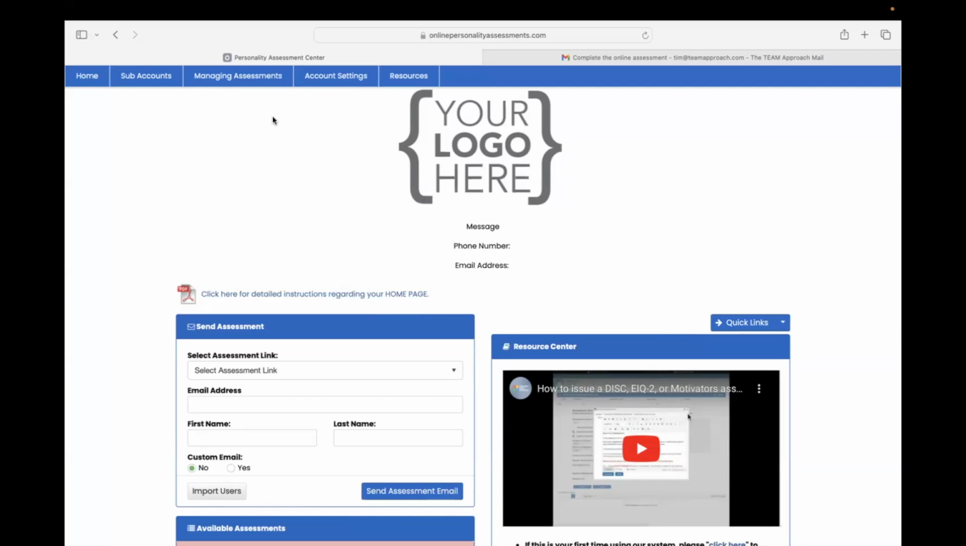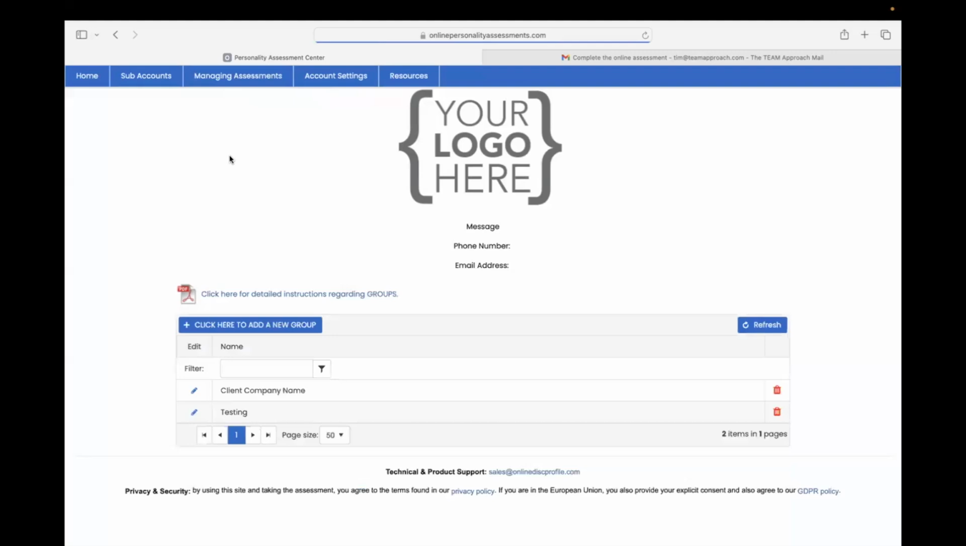Some common examples of groups include client organizations that you're working with, an internal department, or an upcoming cohort that you have planned. To create a group, we'll go to this Managing Assessments dropdown and click on Groups. You can see that I have a couple groups already created. But let's say I want to send out assessments to my colleagues here at the Team Approach. I'm going to click on this Click Here to Add a Group button,